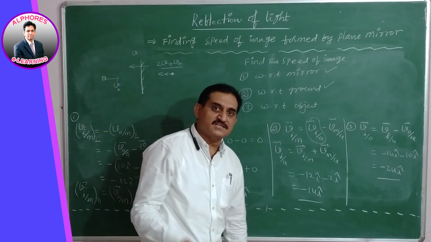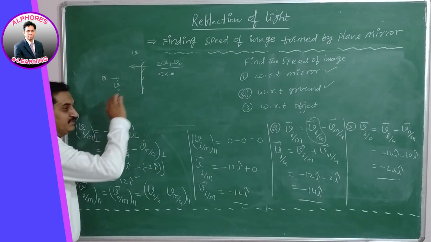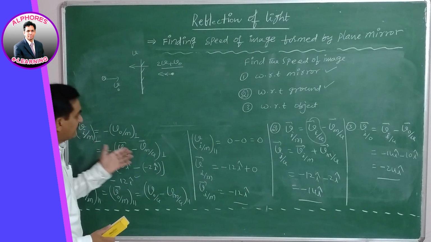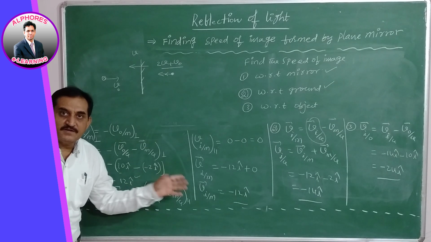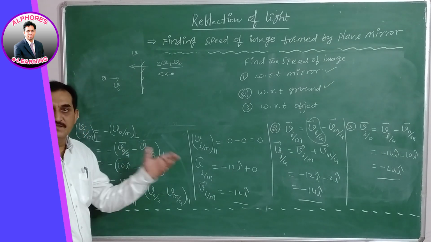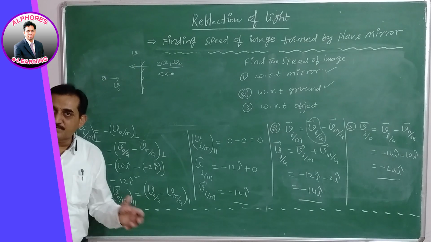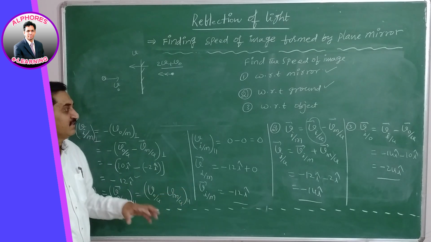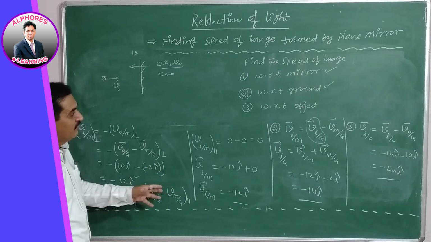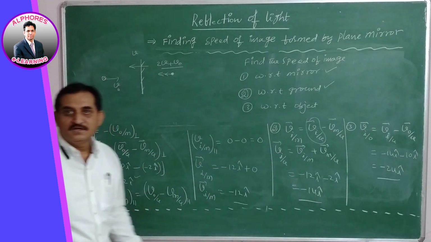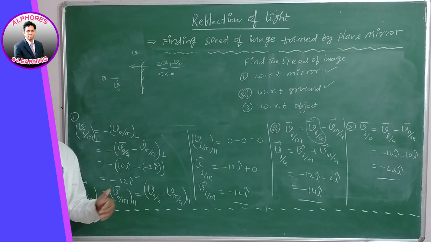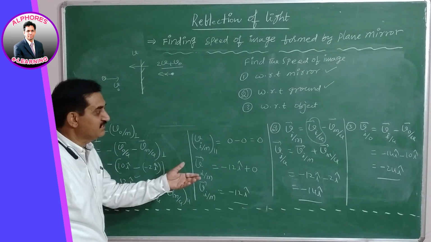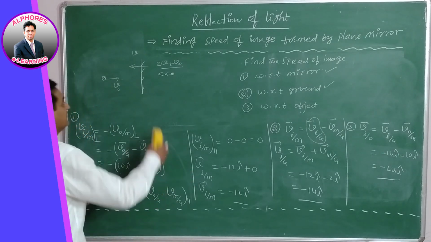These conditions are taken with reference to ground, keep that in mind. That is the big difference between the vector method and the general method. In the vector method we take the mirror as the reference, and in the general method we take the ground as the reference. A student should have this clarity, otherwise he can't get the proper answers while solving the problem in the vector method and in the general method. In the general method we can verify whether we get answers matching these answers or not. Let us see here.